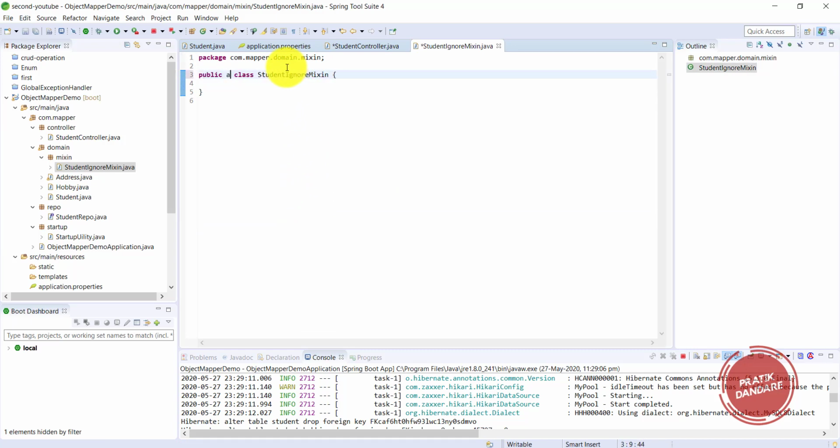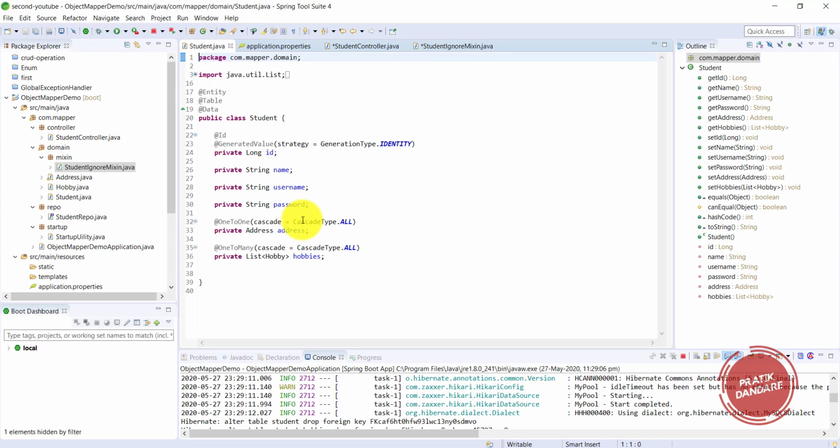Okay, this is the abstract class. So what I am writing basically, I need to write the get method of this class. Whatever parameters you don't want to deserialize or serialize at runtime, you need to write the name of that method. So basically, I don't want hobbies, address, or password to be exposed to the user. I want to do it this way.